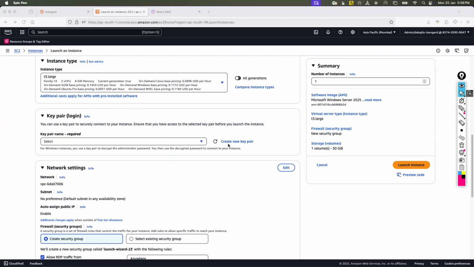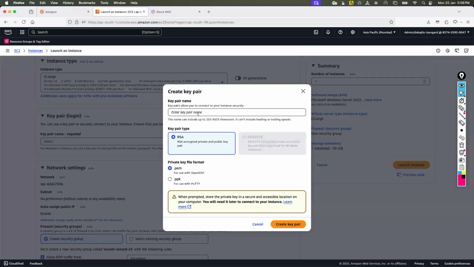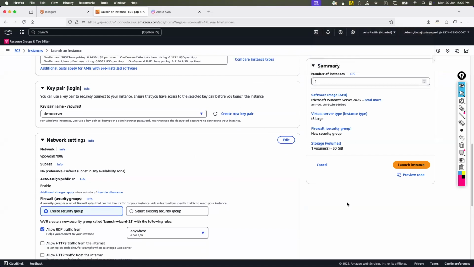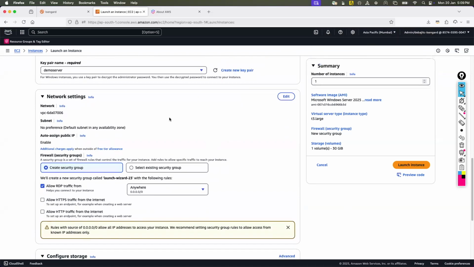In this key pair, let me create a new key pair. Give it a name like demo server something. But in reality, you have to give a better name, like production, CRM, or maybe ERP, SAP, whatever. So now let me create the key pair, and it got downloaded to my system. Now slowly, if I scroll down, you see there are more options related to networking this time. And I can tell you networking is super duper important in AWS, even any cloud for that matter.